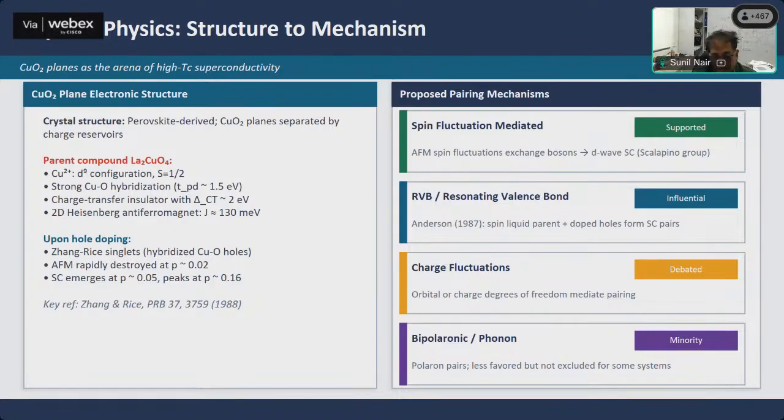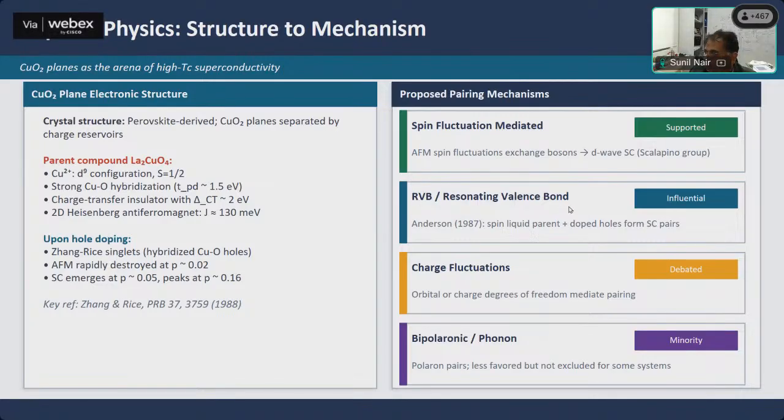So, as you know, superconductivity is driven by Cooper pairs. These are two electrons which typically would not like each other because of the inherent Coulombic repulsion. But when you have the formation of a Cooper pair, you need to have some other glue which makes the formation of a super pair energetically favorable. Now, the question is, what is that glue? In a simple superconductor, that glue is phonon. In some superconductors, it can be charge fluctuations, though this still remains debated.